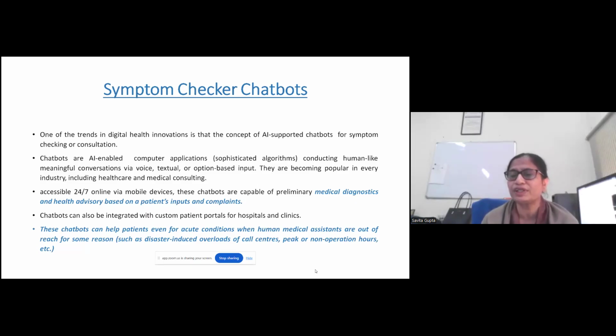Chatbots are very efficient for simple repetitive tasks. They can be used for symptom checking and consultation in peak or non-operational hours. As chatbots are accessible through mobile devices 24 by 7 online, they are capable of providing health advisory based upon the patient inputs and complaints. They can also be made intelligent to help patients even for acute conditions when human medical assistants are out of reach for some reason. For example, in disaster-induced conditions where doctors are not accessible or are overloaded because of call centers, these chatbots can simply help the patient, especially for first aid and preliminary